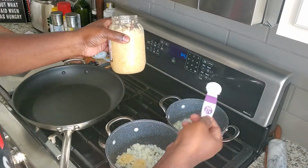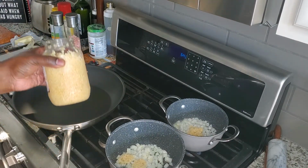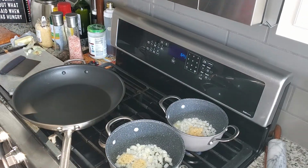And I buy it pre-minced already. You can mince it up yourself. It's completely up to you. This is a shortcut that I like to use, so that's what I'm doing today. All right, so you can just let that go